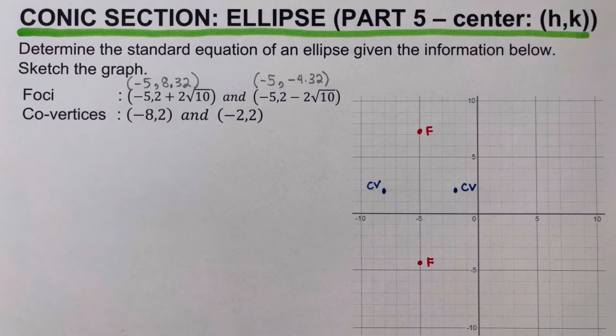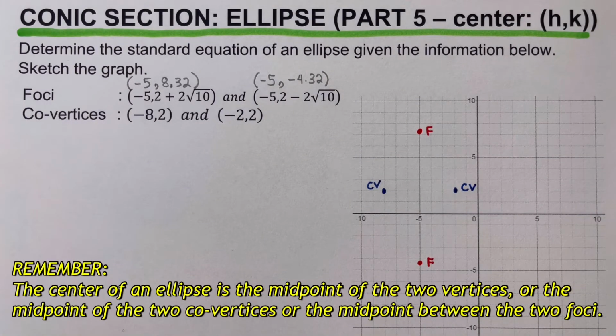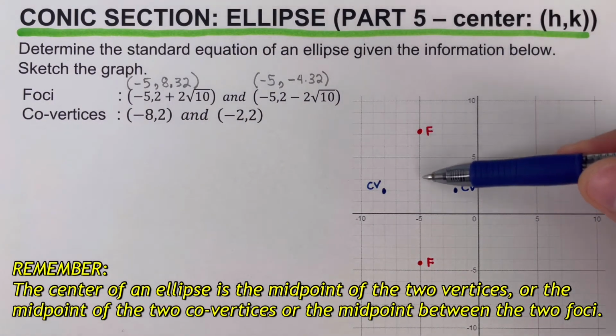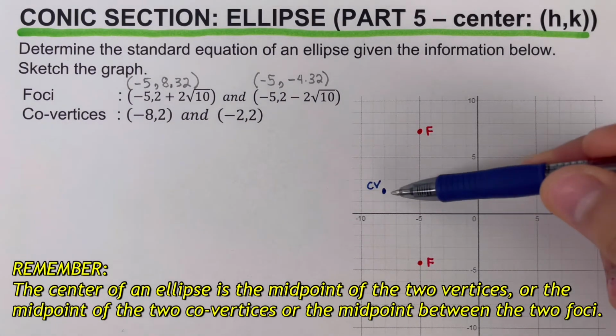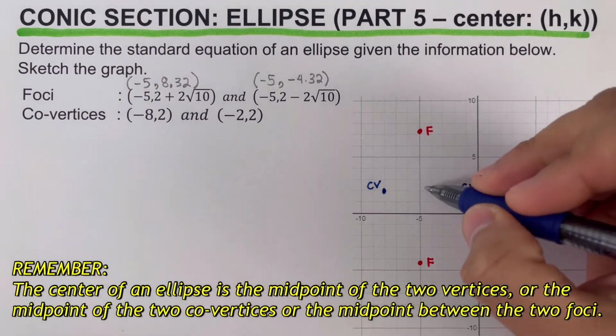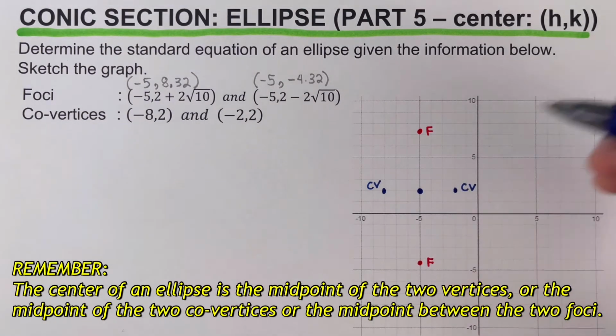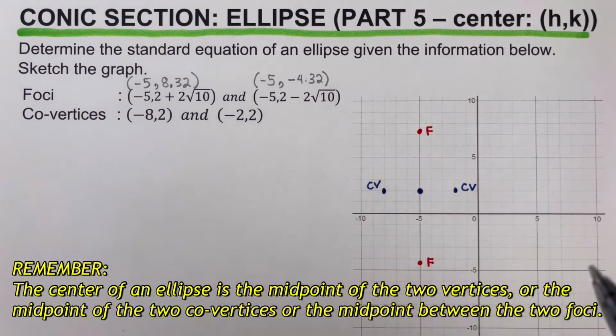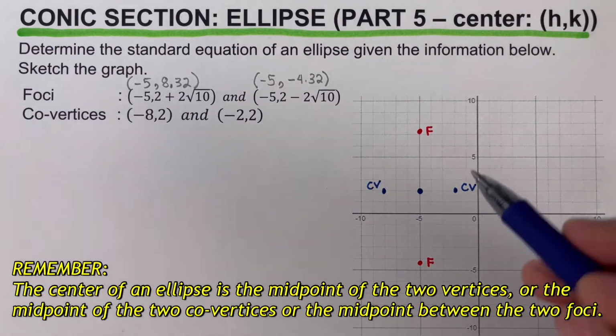Okay, now we remember that the center of an ellipse is the midpoint between the two vertices, or the midpoint between the two co-vertices, or the midpoint between the two foci. So the midpoint between these two foci and these two co-vertices is this point right here. Again, you can use the midpoint formula to determine this dot right here, or you can just go ahead and